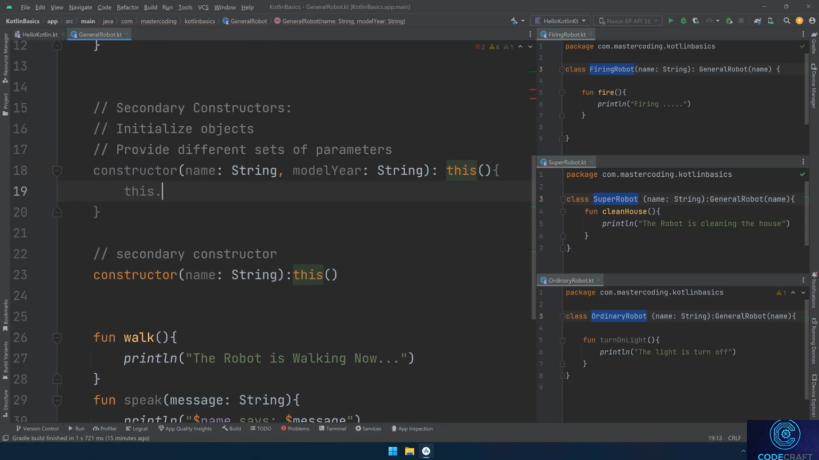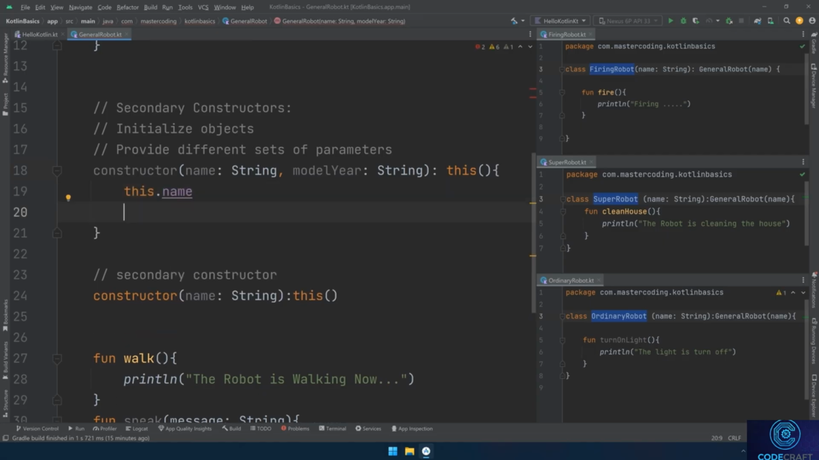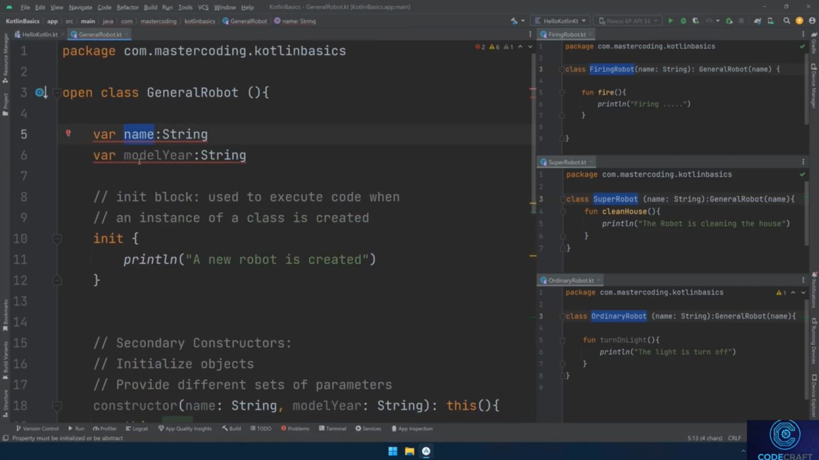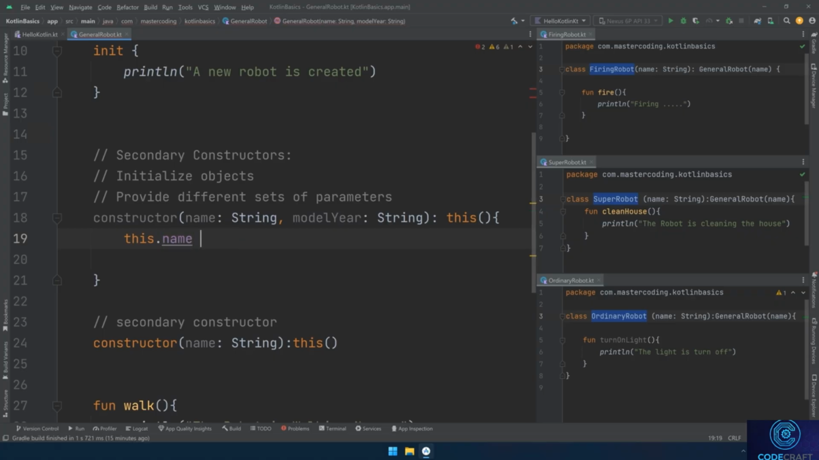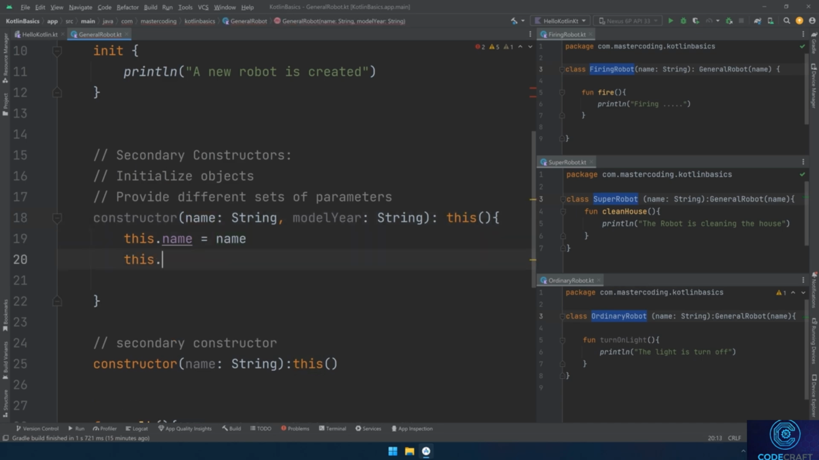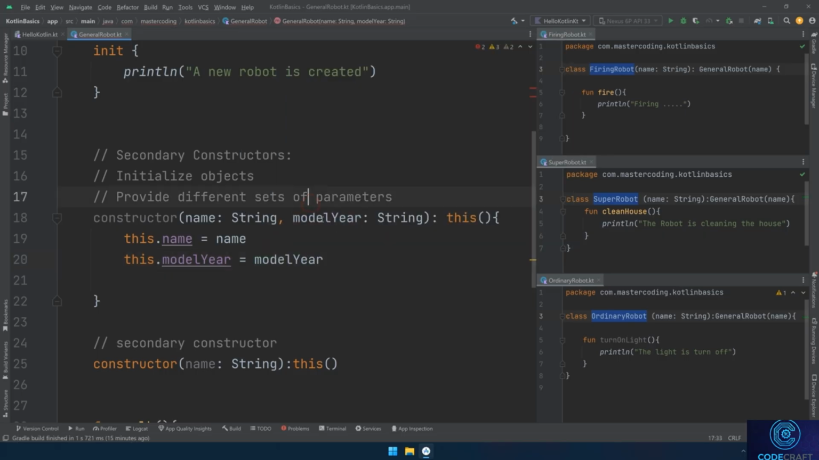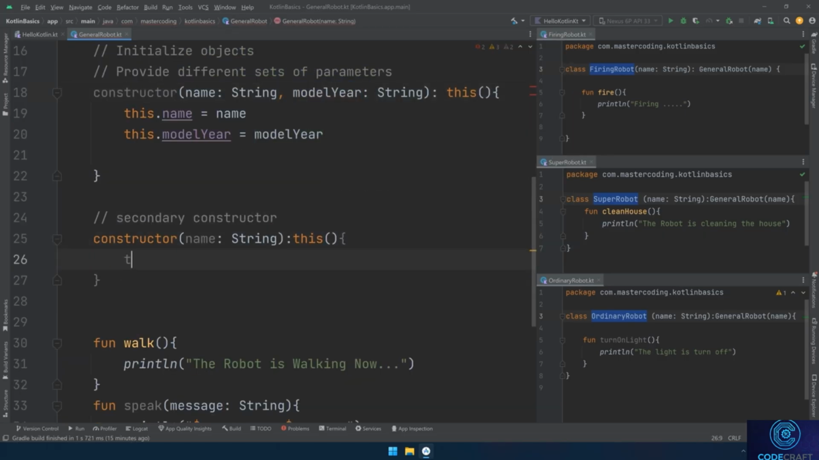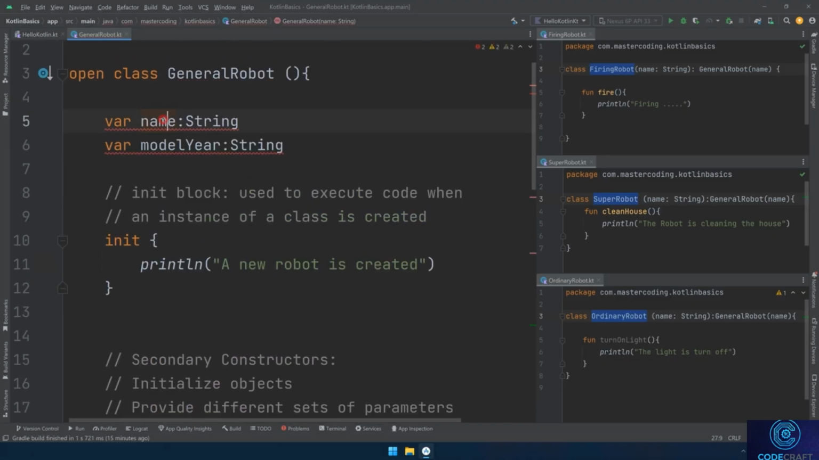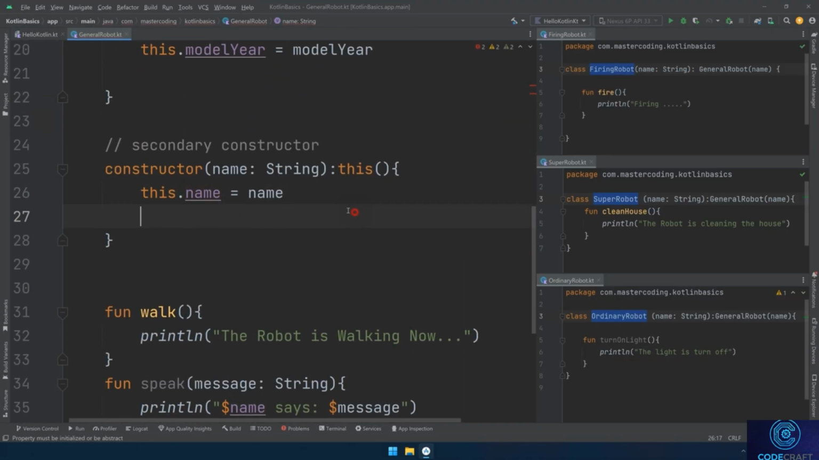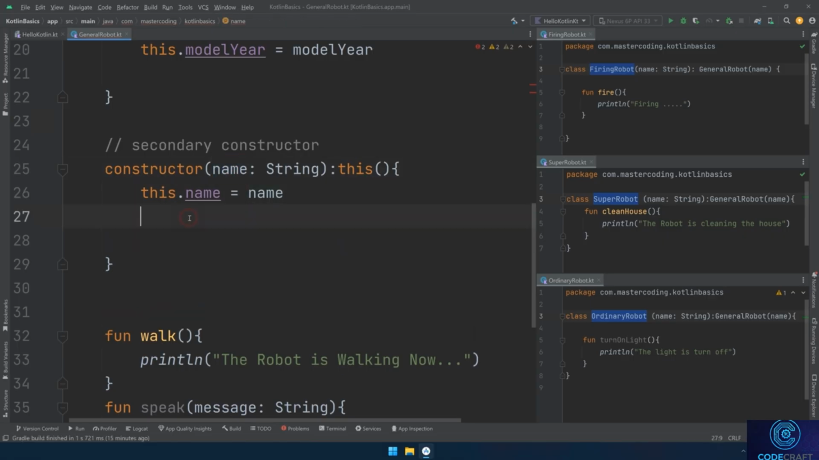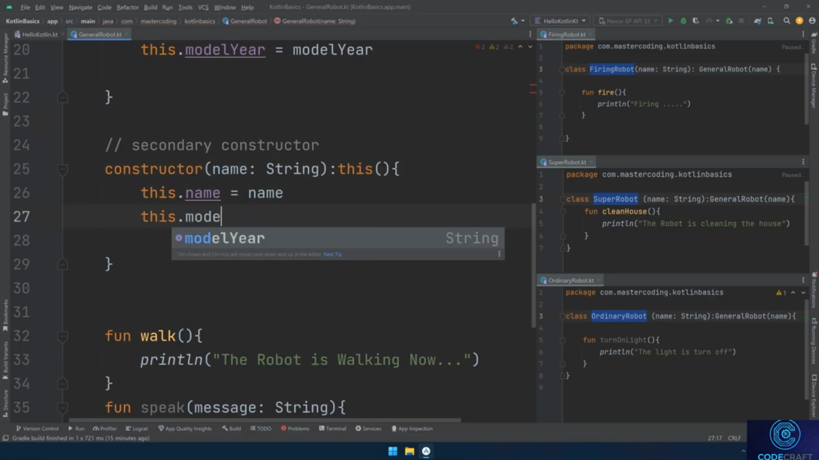So here, this.name, I'm referring to the class variable, equals the name, which is passed as a parameter in the constructor of this class. In the same way, this.modelYear equals the model year that is passed from here. Again, in the other constructor, this.name equals name. I'm initializing this.name equals the name that is passed, and this.modelYear,